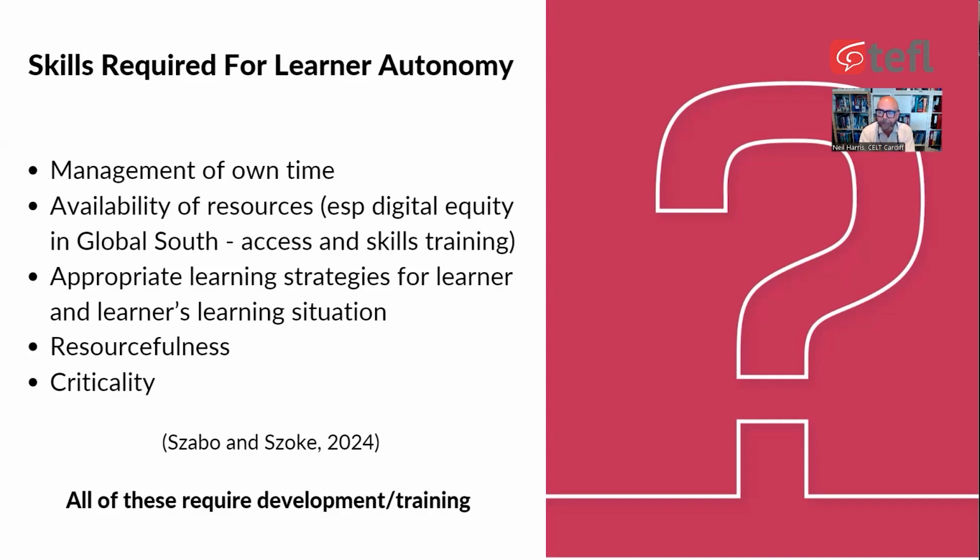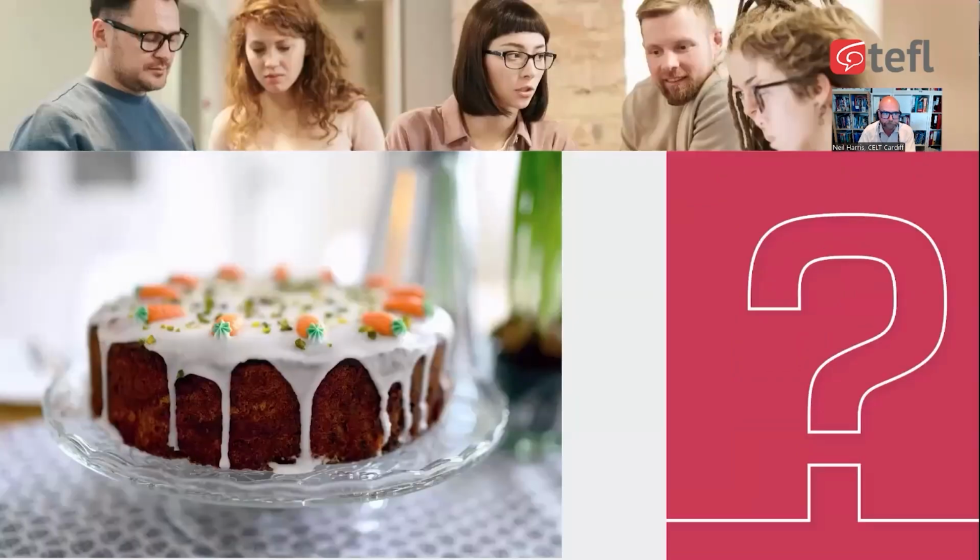whereby with AI, there is a tendency, particularly among young people, to take as 100% truthful what we see on screen. But of course, many of us know that we can't trust everything we read, and therefore we need to develop this sense of criticality if students are going to use AI in a sensible and efficient way. All of these require training, all of these require development, because without them, any attempt at learner autonomy is going to be at best imperfect and possibly completely inappropriate and not sustainable.